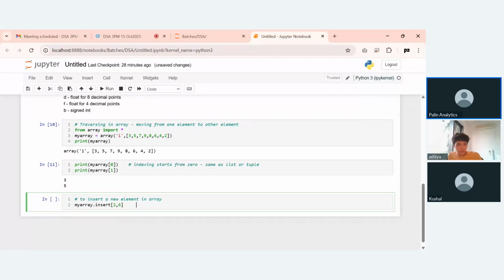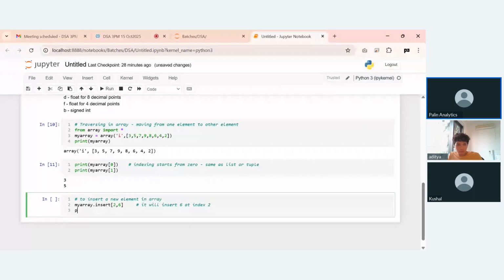So what it is going to do is insert 6 at index 2, and the further indexes after this will be shifted by 1. Okay, so if I print my array, you can see,